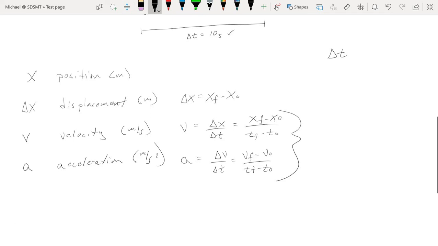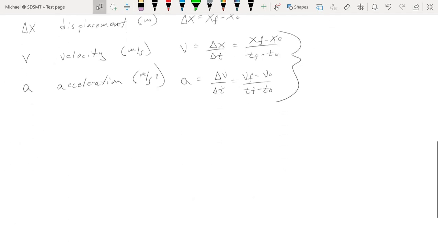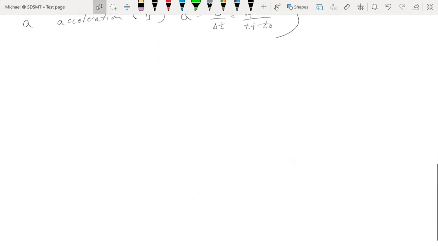And I want to consider another real-world situation. Let's say that you are going to drive from Rapid City to Sioux Falls. And I do this problem every semester in class, and I ask everybody, how far is it from Rapid City to Sioux Falls? And almost without fail, people say, oh, it's about 5 hours, 6 hours, 4 hours. All depends on how fast they're driving, right?